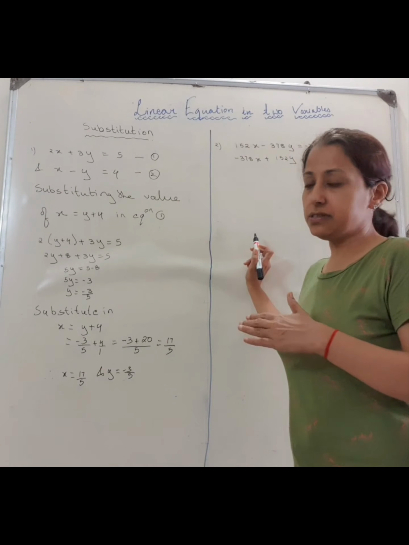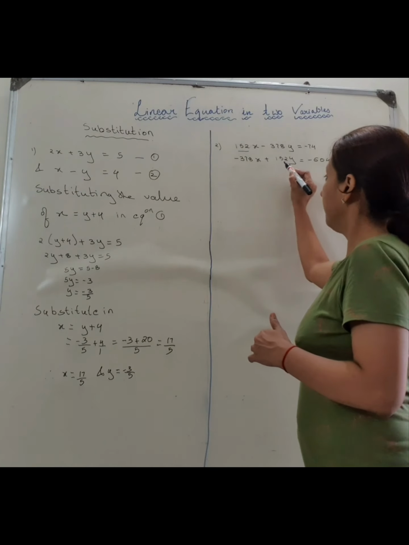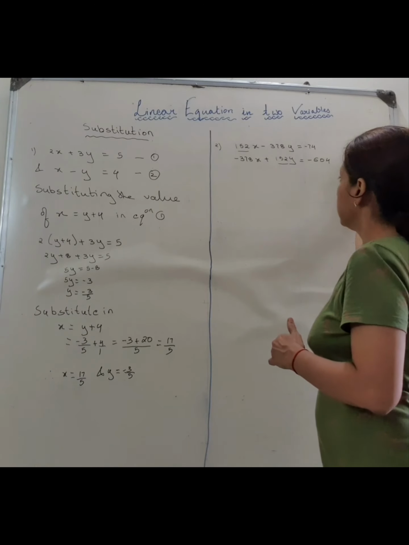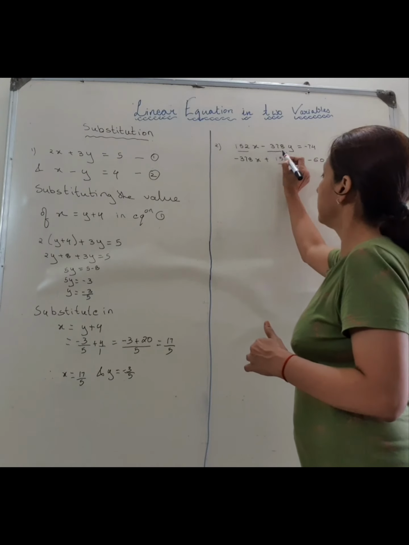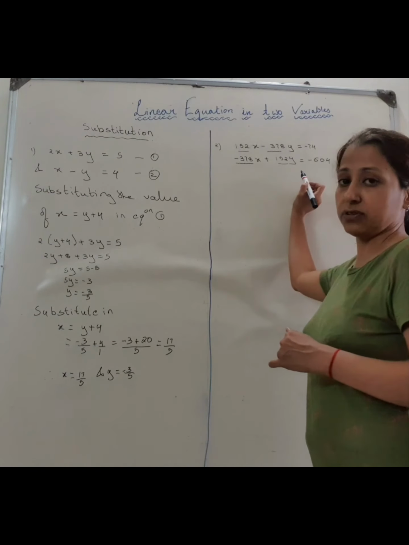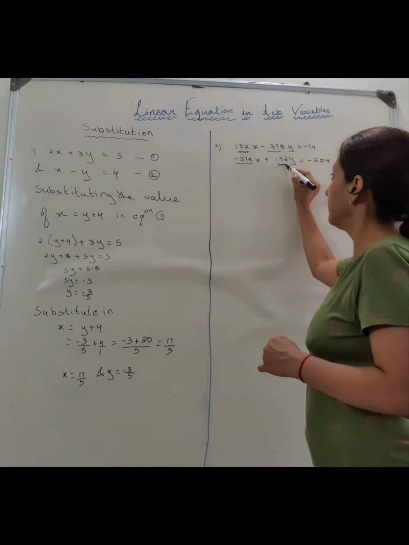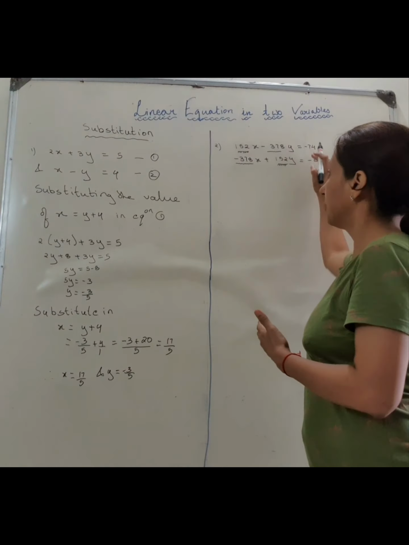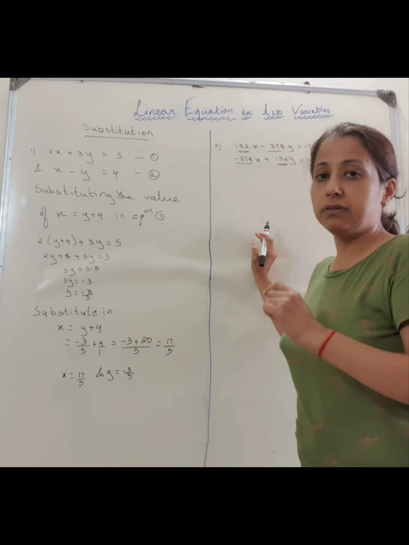Now what is the difference in these two equations? If you look at the coefficients of x and y in both equation number 1 and 2, you can see they are interchanging. Like here you have minus 378, here also you have minus 378, here you have 152, here also you have 152. So the coefficients of x and y are bigger numbers but they are interchanging in both the equations. If this is the sum, then you have to follow a particular method.